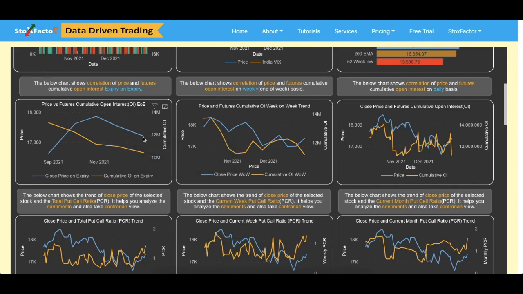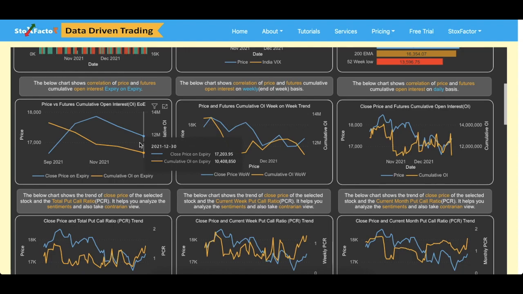Now one important point to mention, as we have explained in our previous videos also, is that this graph shows you the rollover cumulative open interest. By rollover cumulative open interest I mean that suppose this data point is of 30th December 2021, the cumulative open interest shown here, that is around 10 million as you can see, is the open interest of the next and the far expiry, not of the current expiry, that is the December series. So we exclude the open interest of the December series because that is no more relevant